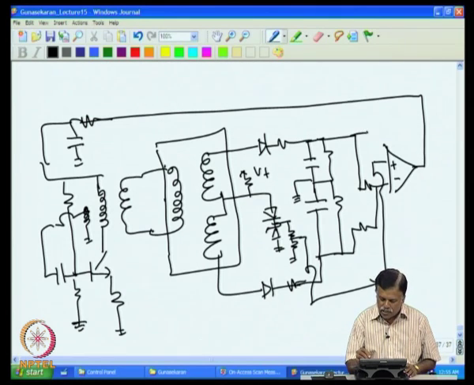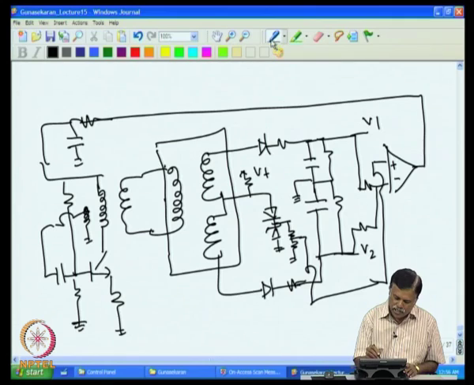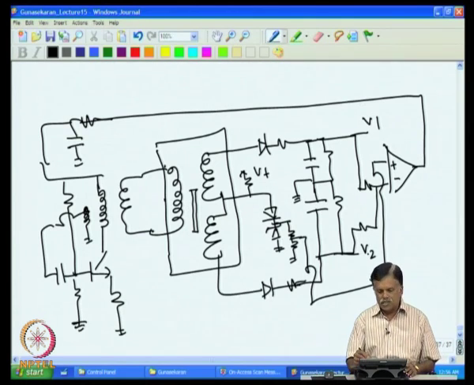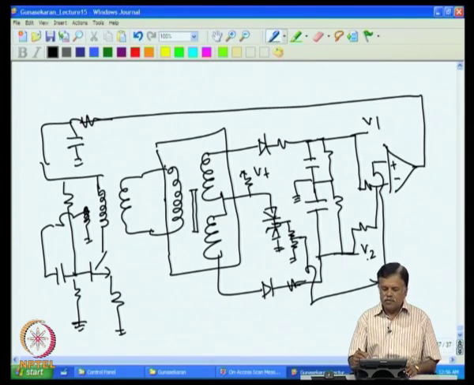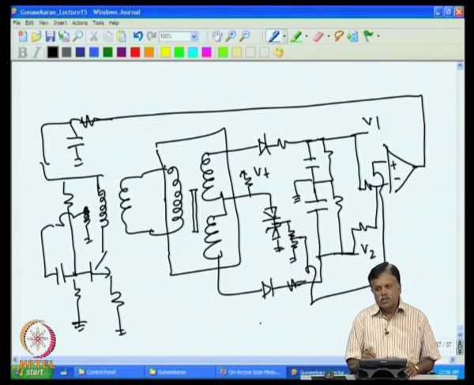Now, if I see this V1 here and V2 here, the difference between V1 and V2 will truly represent the displacement given by the core, because you have the core here. If the core moves, now you will find V1 and V2 are changing. For example, if I move the core upwards, V1 will increase and V2 will decrease. If I go downwards, then V1 will decrease, V2 will increase, and this V1 minus V2 now depends only on the movement, not due to temperature change of this or temperature change of these diodes. So, this is how